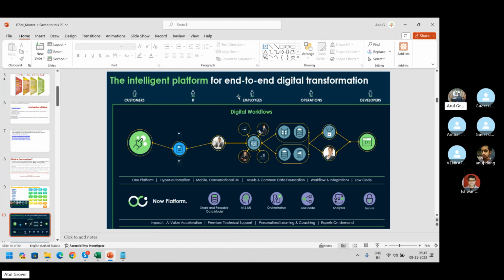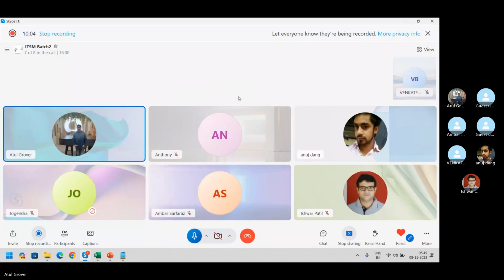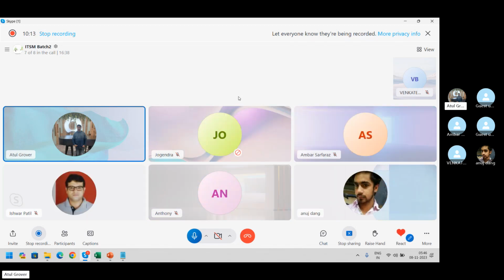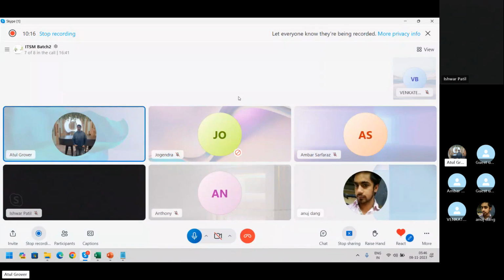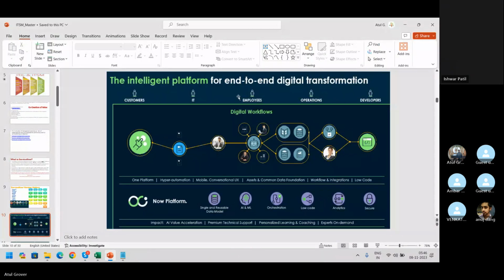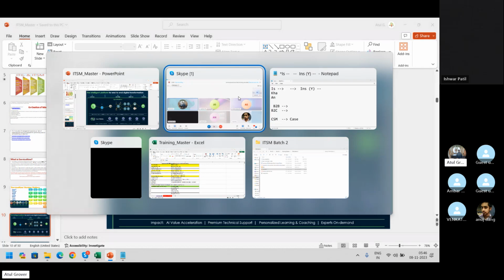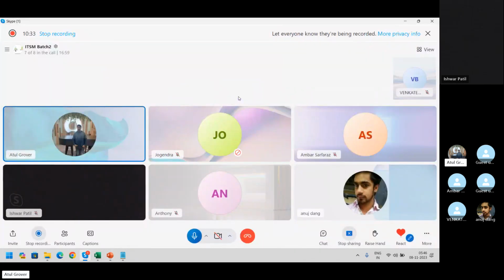Then for the employee, people say, sharing feedback with ServiceNow: Hey, we are using the IT products. It's very good. We are happy. You built it for my customers as well. I'm still happy. But I'm still lacking something for my own employees. What do you mean by own employees? I'm using XYZ tool to maintain the records of my employees. Let's say it is tough for me to maintain the records for Anuj, Anthony. Anuj's company is using Excel sheet, Anthony's company some other tool, Ishwar's company some other tool, and they have ServiceNow as well.